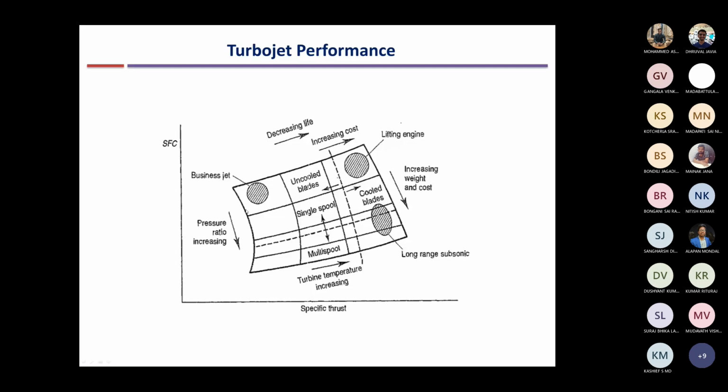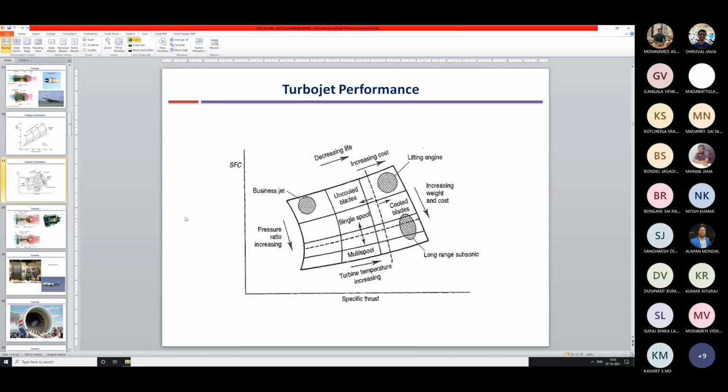Now, if I do the same calculation for different Mach numbers, say 0.8, 0.85, 0.9, then I will get a 3D map. On the third axis, I will have the Mach number also. Okay. And you can go for higher order maps, 4D map, 5D map, if you vary inlet temperature and pressure. Okay. We will stop here today.